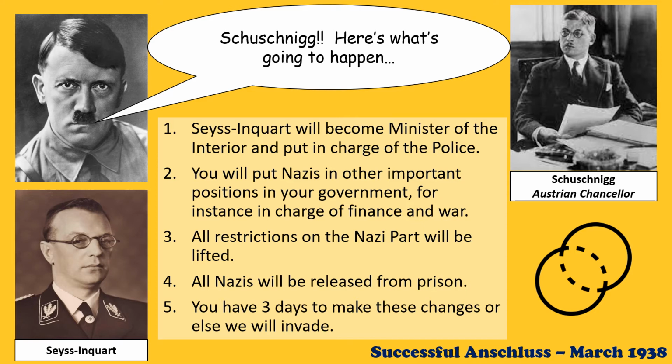Now, let's just have a quick rewind back to 1934, when he almost tried this previously and was stopped by Mussolini. Well, that's not going to be a problem now because Mussolini's on his side. And also, he's got the massive advantage of having this huge military to back him up. Back in 1934, he hardly had anybody. No reintroduction of conscription at that time. The slow rebuilding of rearmament was going on. But now he is armed to the teeth. And he knows that a threat like that has muscle and power behind it.